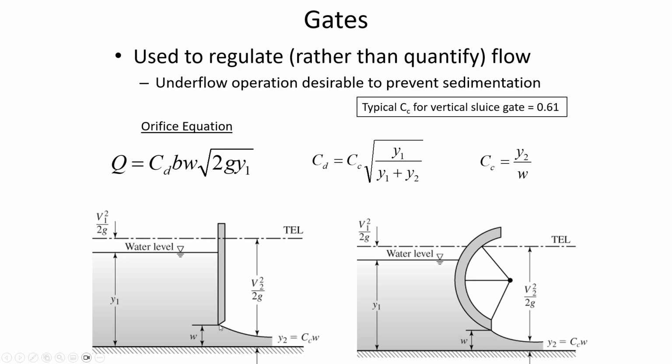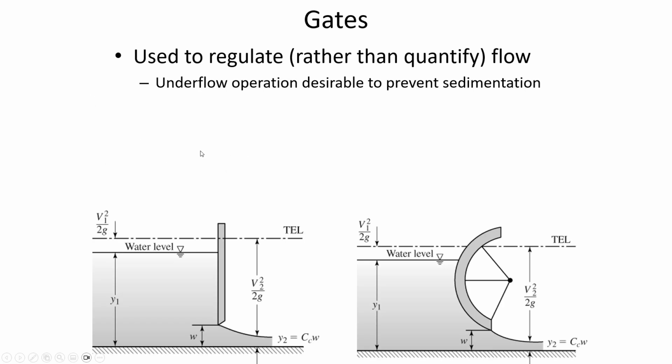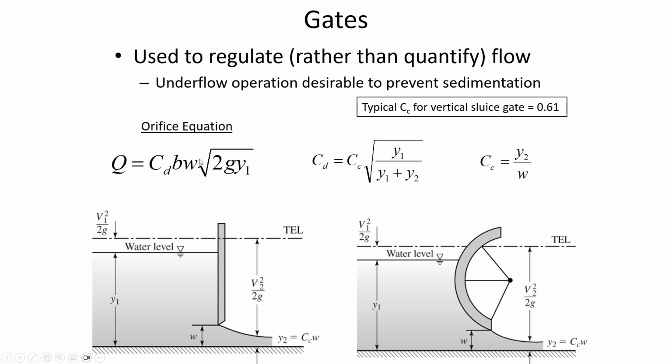So in the previous figure, depending on which book you're looking at, sometimes the figures will call that Y sub G, the depth of the water at the gate. Our book refers to that as W. So the orifice equation is just basically some representation of the area. So B times W is the area that the water is flowing through. And then square root of